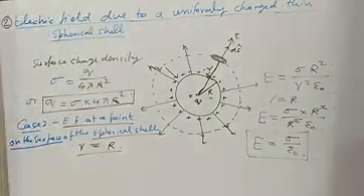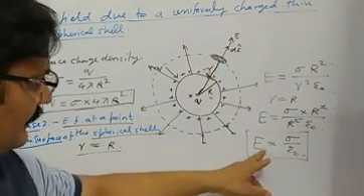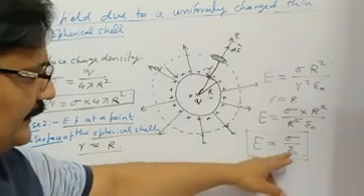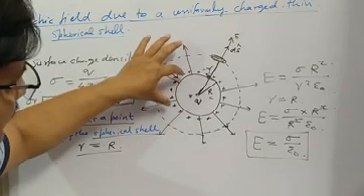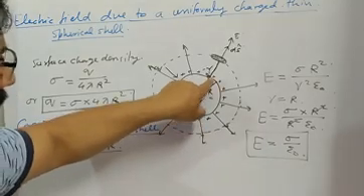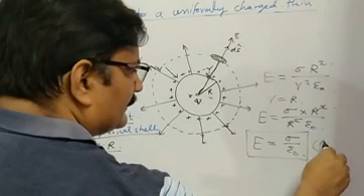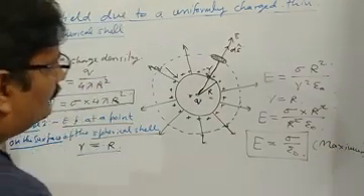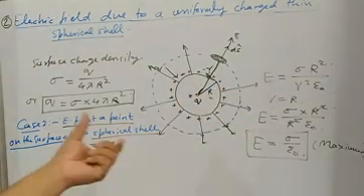Here in the expression you can see the electric field on the surface of the spherical shell is a constant quantity. Epsilon naught is the permittivity of the medium, and sigma is the amount of charge given to the spherical shell per its surface area. If these two remain constant, the electric field on the surface is going to be maximum. So this is the maximum electric field, that is on the surface of the spherical shell due to the charge given to the shell.